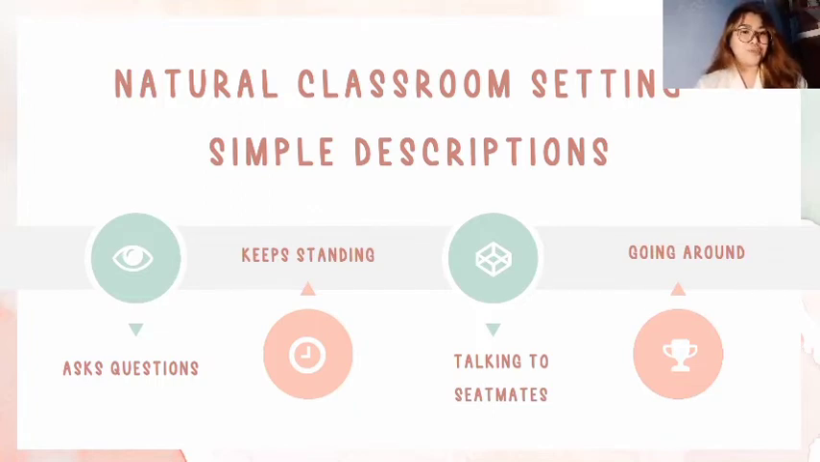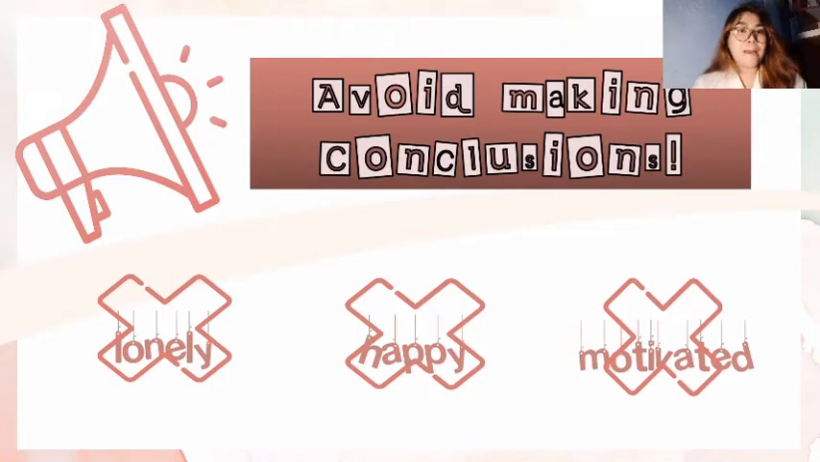The teacher must use simple descriptions such as always ask questions, keep standing and going around, or talking with seatmates. Even so, he must avoid making conclusions about what he observes using terms such as lonely, happy, motivated, and etc. Using unstructured observation allows the teacher to quickly determine effective traits and utilize them to make adjustments in the instructional